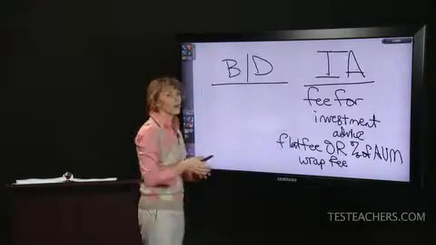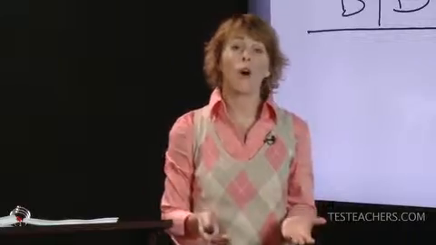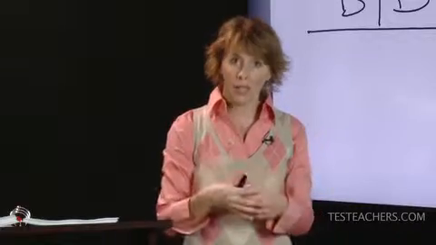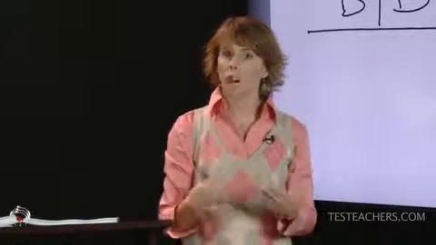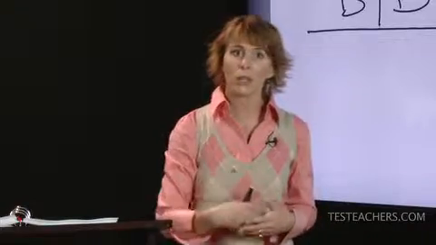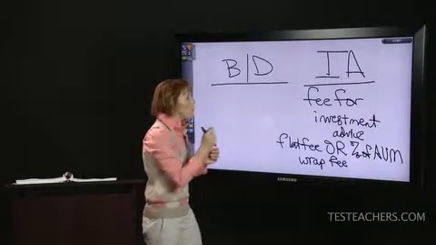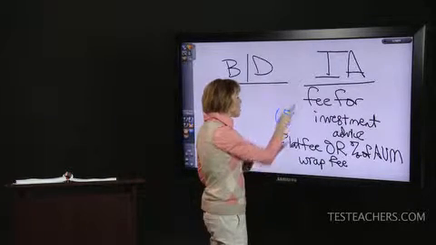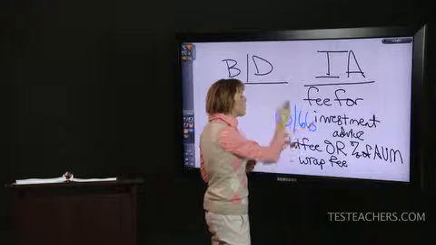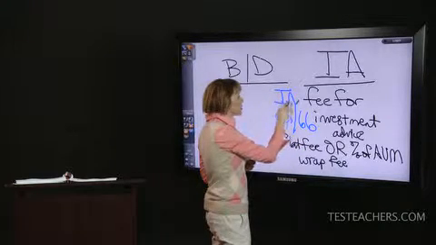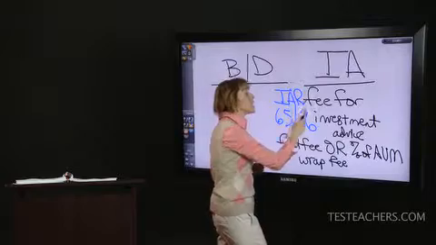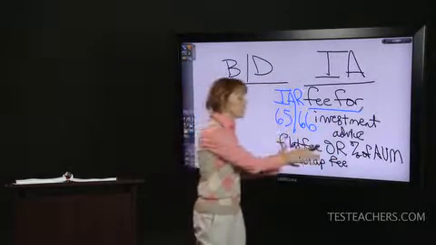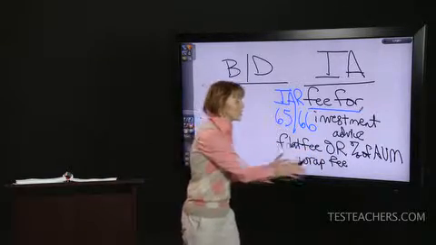Now, you're not the firm, although a few of my students will start their own firms. That's totally possible. Some of my students will file Form ADV, generally at the state level, and start their own investment advisory firm. Maybe you will do that. But what you're doing right now is you're doing your 65, or maybe you're taking your 66, which allows you to be an investment advisor representative, which means that you get to share in the fee that's charged for investment advice, or you get a percentage of the assets under management, or you get to share in the wrap fee.